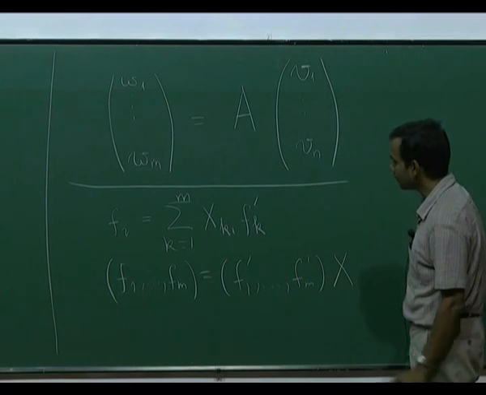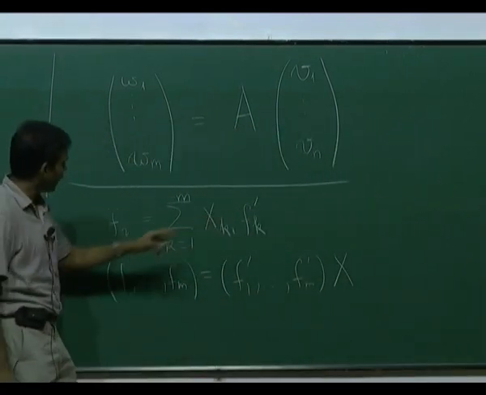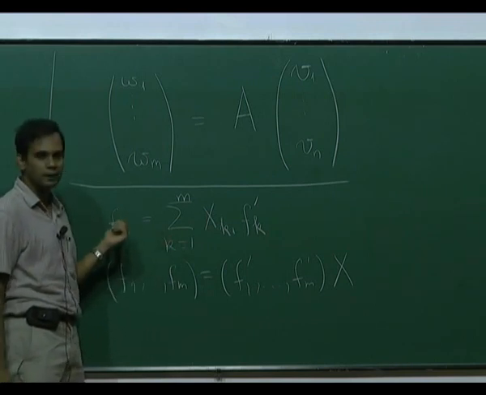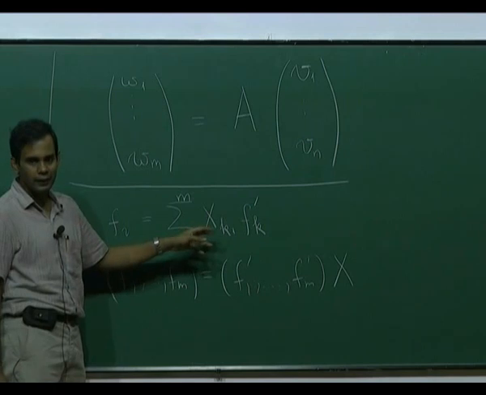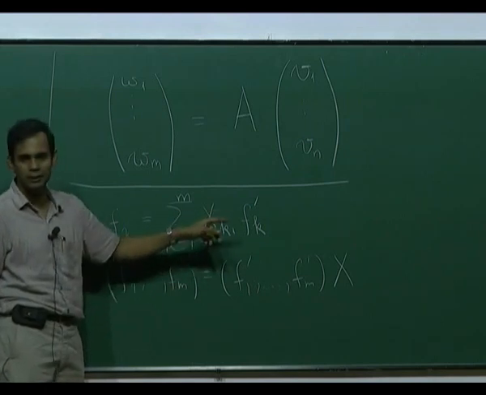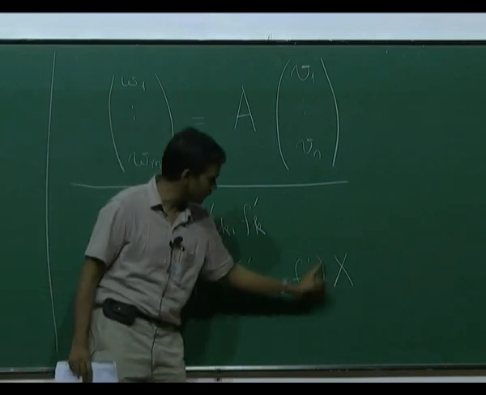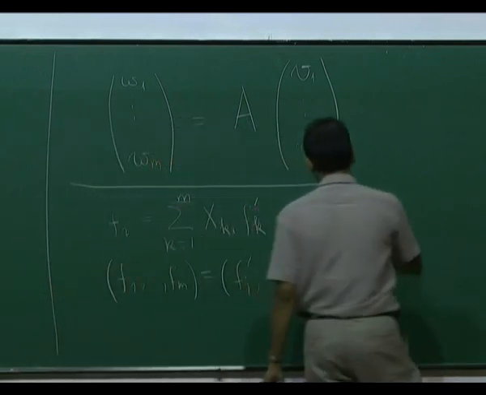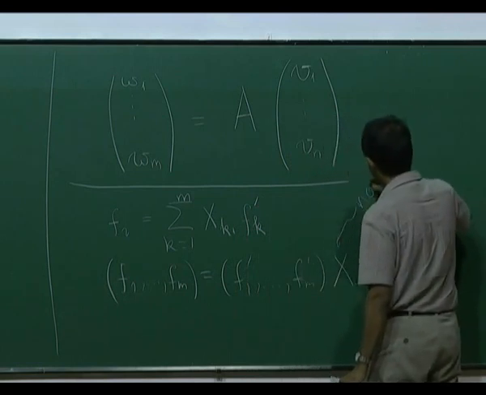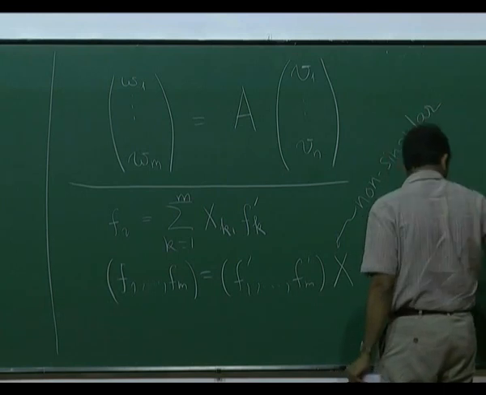Okay, and we can also go the other way. We can take each F prime i and expand it in terms of the Fk, and we will get a different matrix. That matrix will be the inverse of this matrix X. So, the thing to remember is that this matrix X has an inverse, and therefore, it is a non-singular matrix. It is not just any matrix, it is non-singular.